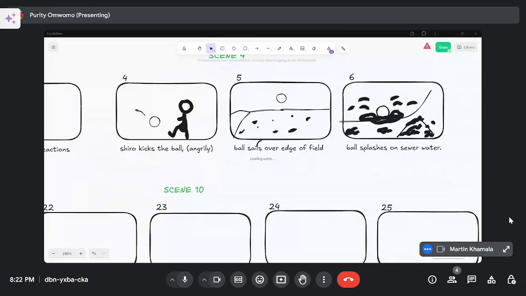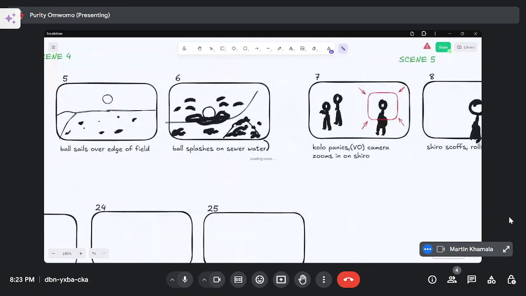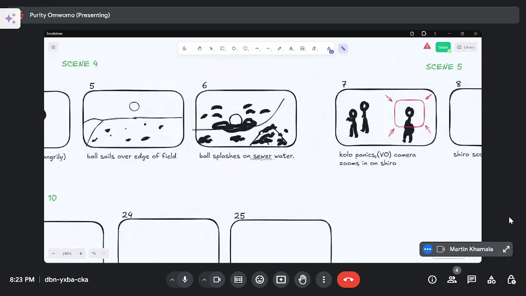Because when you're reading the script, when Shiro goes to the edge to look down before she refuses to go for the ball, it's a really dramatic moment. And we don't even see what she's looking at, we just see her reaction. So she walks up there and has this sort of fearful reaction on her face before she refuses to go for the ball. And then that's when we can see the garbage for the first time.